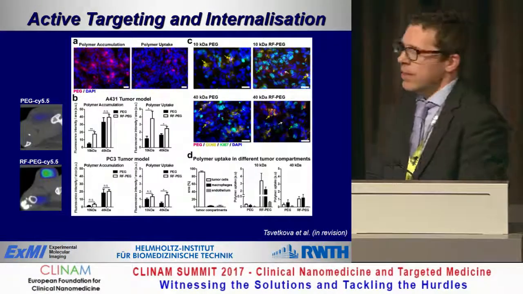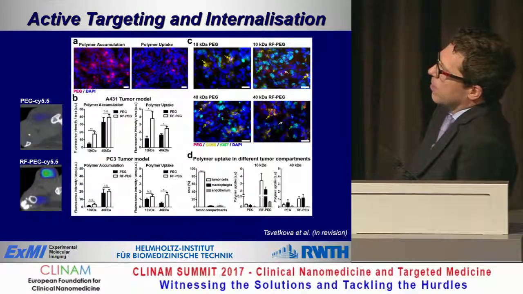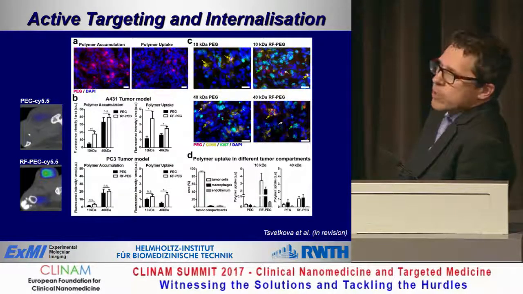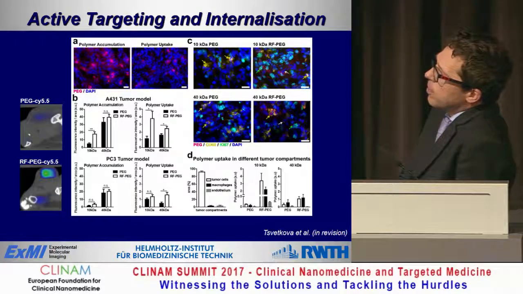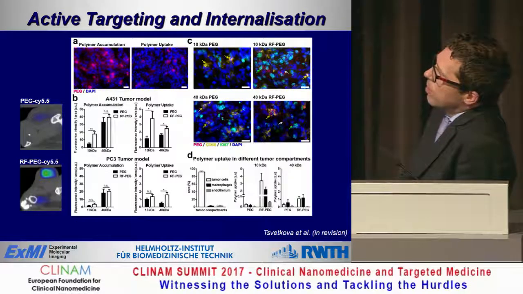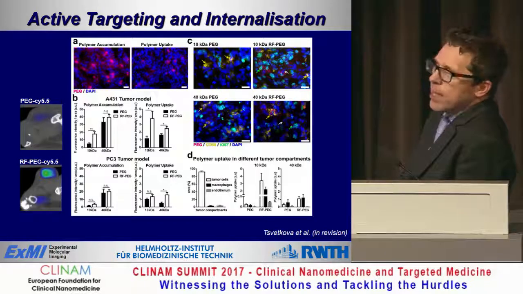And how does that affect the binding that we can observe? That's very interesting. We evaluated these probes in two tumor models, one that is very angiogenic, the A431 tumors, and one that is very rich in stroma, the PC3 prostate cancer model. As you can see, the EPR effect led to a very strong accumulation of the bigger probe, much more than of the small targeted one. You also see that the active targeting only improved, in principle, the retention of the small probe, but had no significant impact on the accumulation and retention of the large probe.